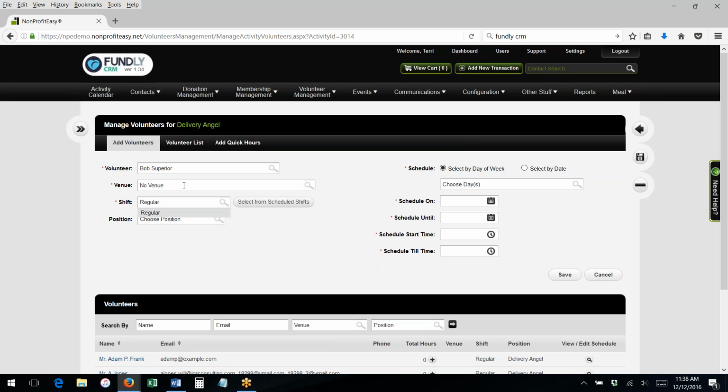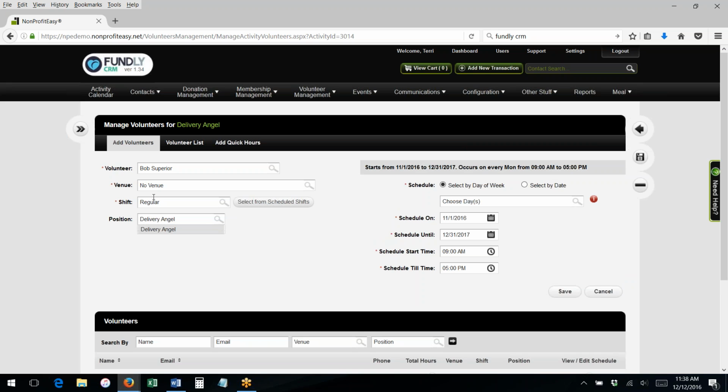This is a required field. It's going to be pre-configured from however your Delivery Angel is set up. It may have a venue, it may not. Then which shift, if you have more than one shift, maybe you do some deliveries in the morning, some in the afternoon. So if you have more than one shift, you'd pick which shift, then position, delivery angel, and then you are going to pick